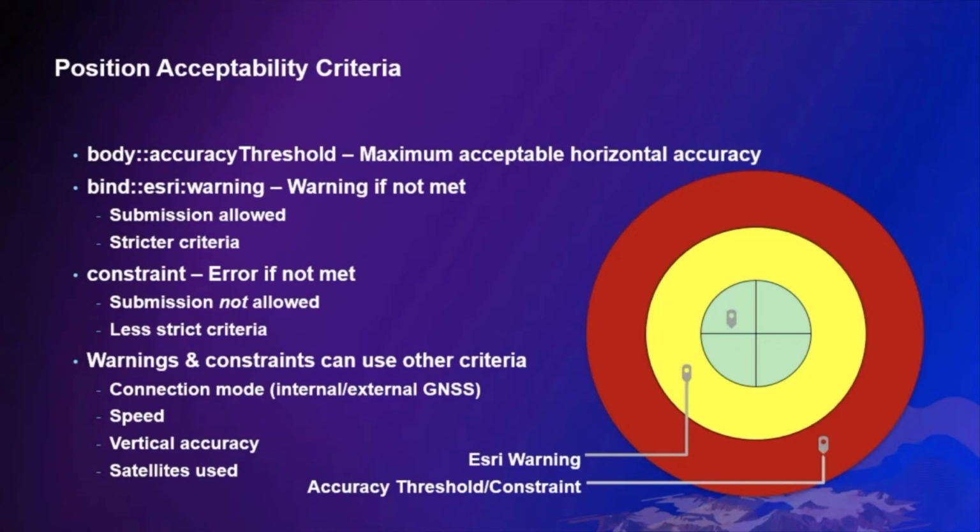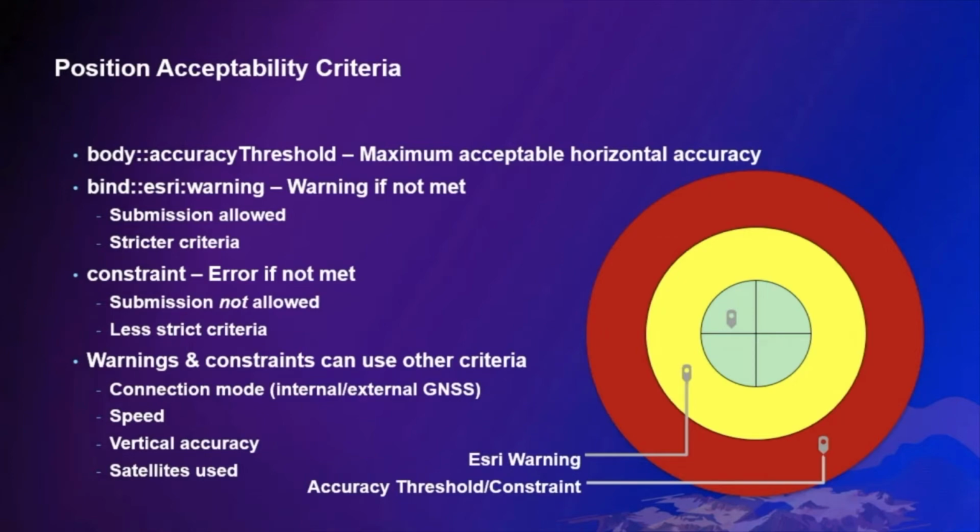You can also use the constraint column and constraint messages to pop up an error if the criteria is not met. This will cause the submission to not be allowed until the location is within the acceptable constraint set. You can use a number of different criteria in the warning and constraints, such as horizontal accuracy, connection mode, speed, vertical accuracy, and even the number of satellites used. All of these can be very useful to ensure the most accurate location for the survey is being captured and